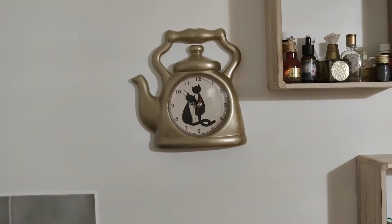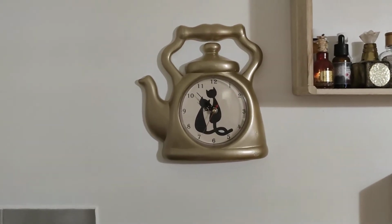The clock gets a location on the wall in my favorite corner of the kitchen, and that is the location of